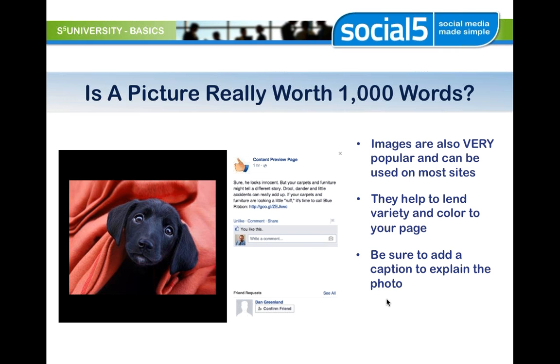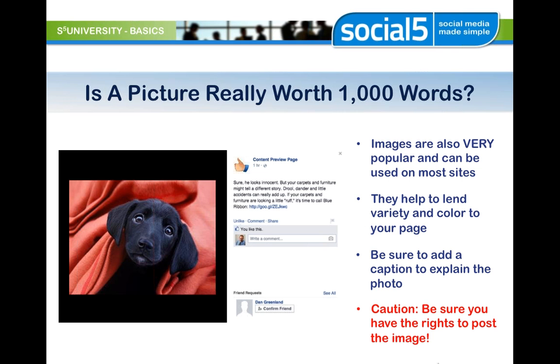But the caption says, sure, he looks innocent, but your carpets and furniture might tell a different story. Drool, dander, and little accidents can really add up. If your carpets and furniture are looking a little rough, it's time to call Blue Ribbon. So it's really important to tie that back into your business and make sure your clients understand why you're posting this on social media.